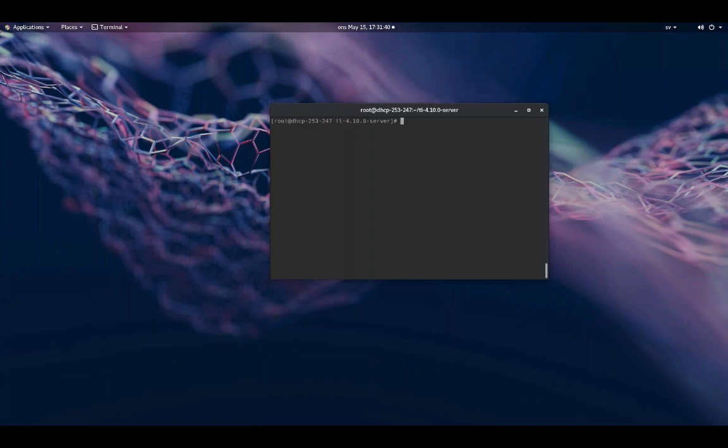So ThinLinc is a product that allows you to publish and access your Linux desktops remotely. In this demonstration, I have shown you how to install ThinLinc on this Red Hat machine here, Red Hat 7.